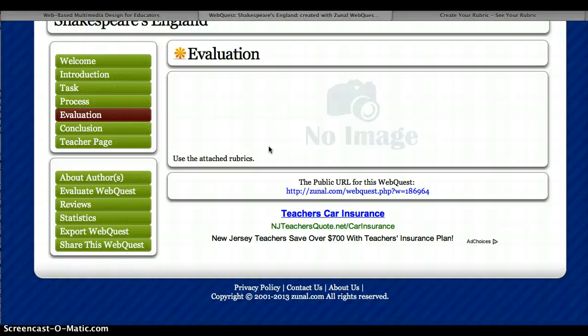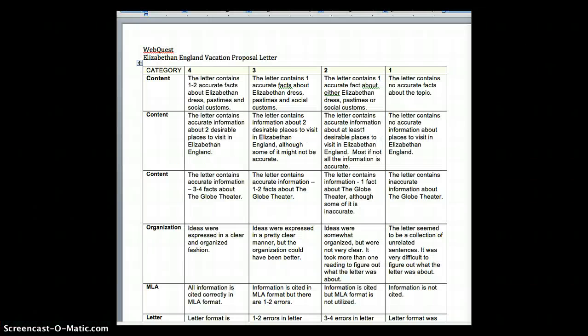So I've been working on the rubrics, but I'm making them as Word documents, and I'm going to upload them, which you can see, use the attached rubrics. It's just to remind myself that I need to attach them. This is the first rubric I started working on. It's the writing rubric for the letter the kids are going to create. I've taken a basic format from Rubistar and made it my own. There's 3 major content categories. I'm definitely going to weigh the categories more than they are now. This is just where I'm at in thinking about it. It's a draft. If I scroll down a little bit,